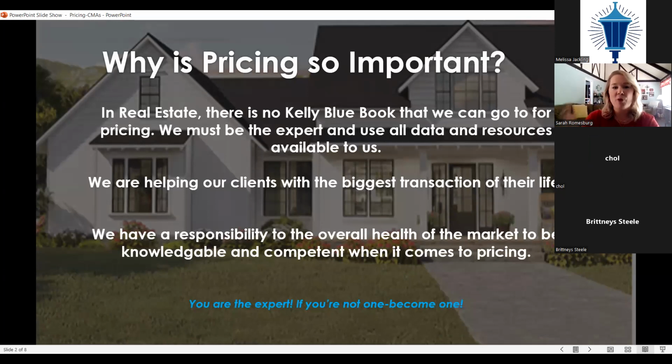Why is pricing so important? In real estate, we don't have a Kelly Blue Book of saying this is a 2014 house, 2-story, 4-bed, 3-bath, and it's worth